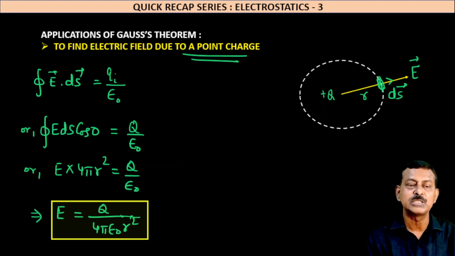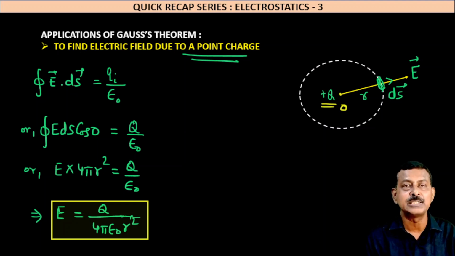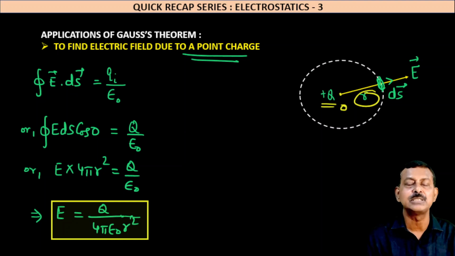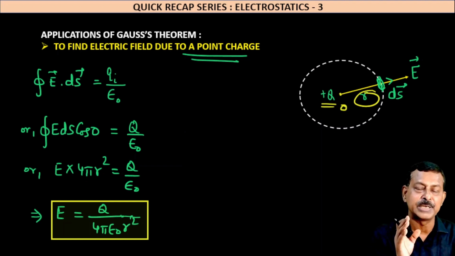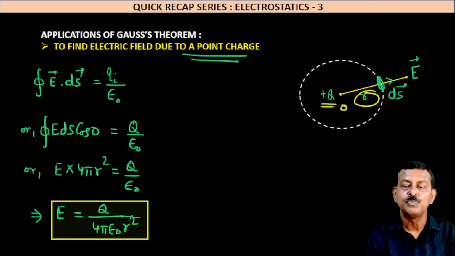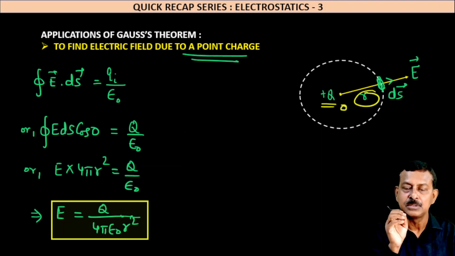So for this, we take, suppose, a charge plus q at a particular point O. I want to find its electric field at a distance r from it. So r is the distance from the charge where we want to find electric field. So we'll construct a spherical Gaussian surface. This Gaussian surface will have the radius r and its center will be at the point where the charge q